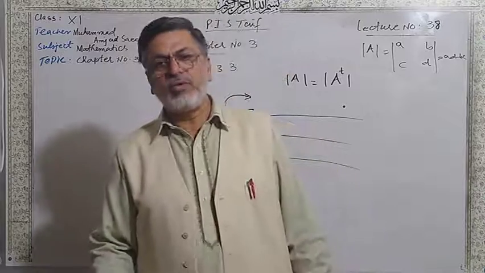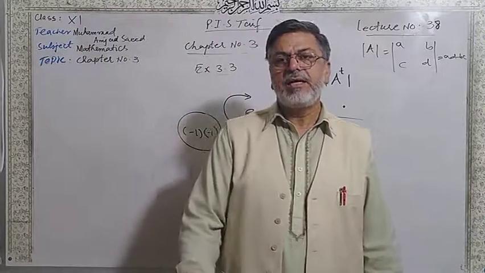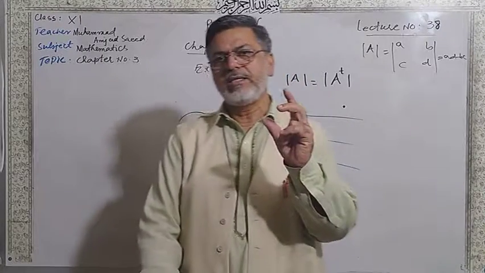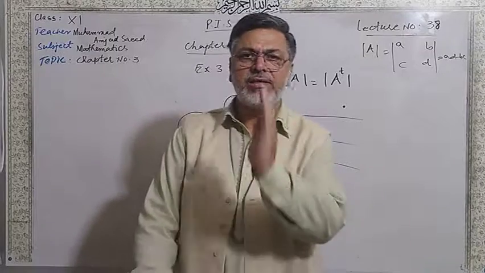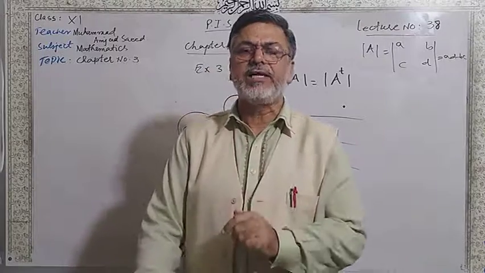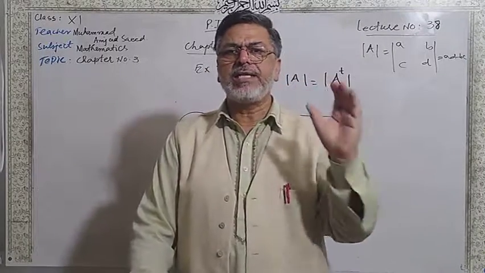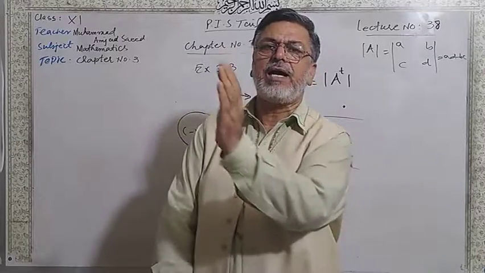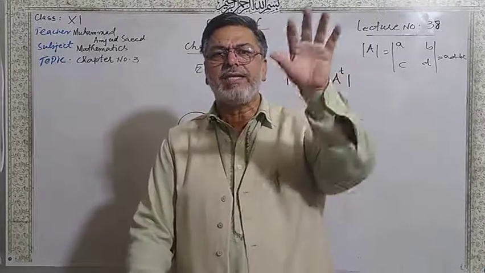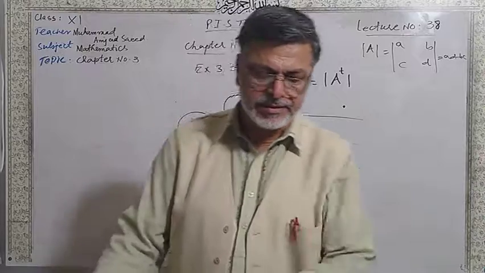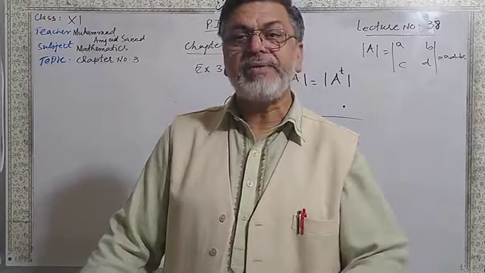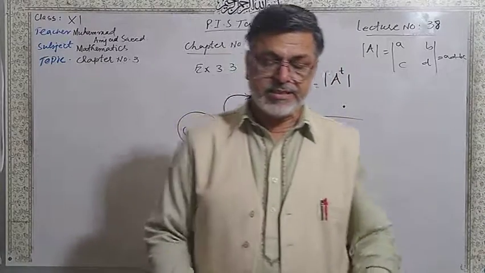Also, if two matrices are such that two of their columns are the same, and the third column of one matrix and the third column of the second matrix are different, then you simply write down a single matrix with the addition of the different columns only, and the first and second columns will be written as they are. So in this way, we can apply the different properties in our questions.